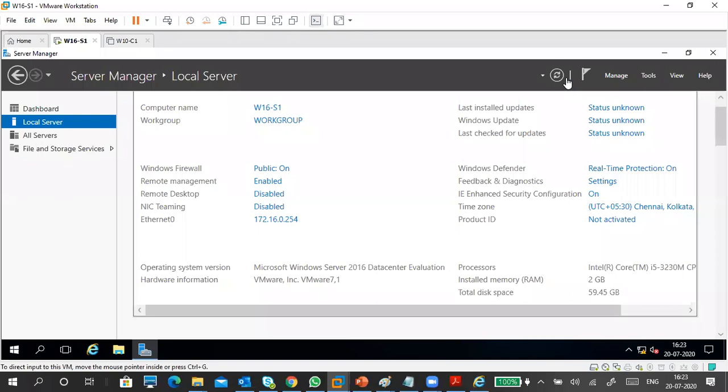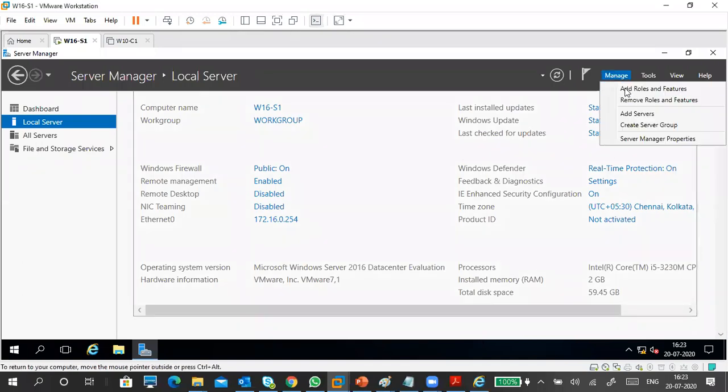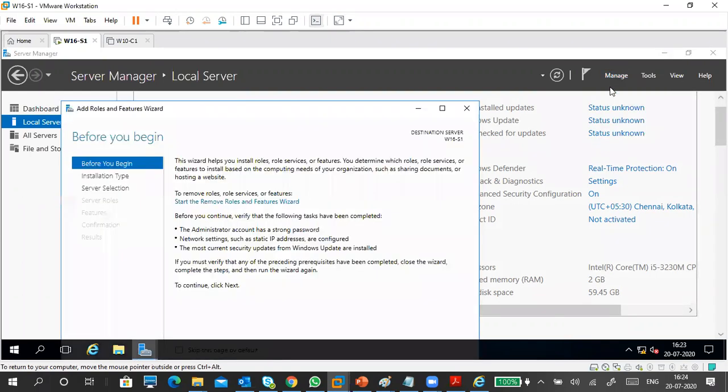Okay, to install the role, go to Manage, Add Roles and Features. Just keep it like this for two seconds. See this, you can click on Manage, Add Roles and Features. I clicked on it.